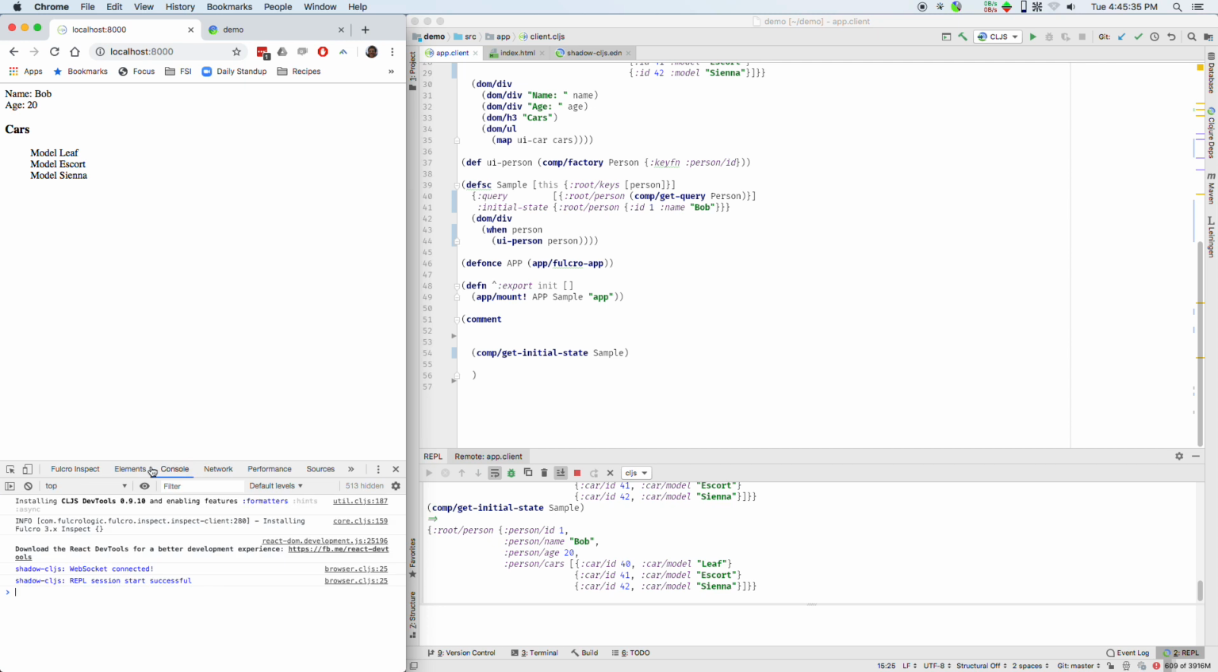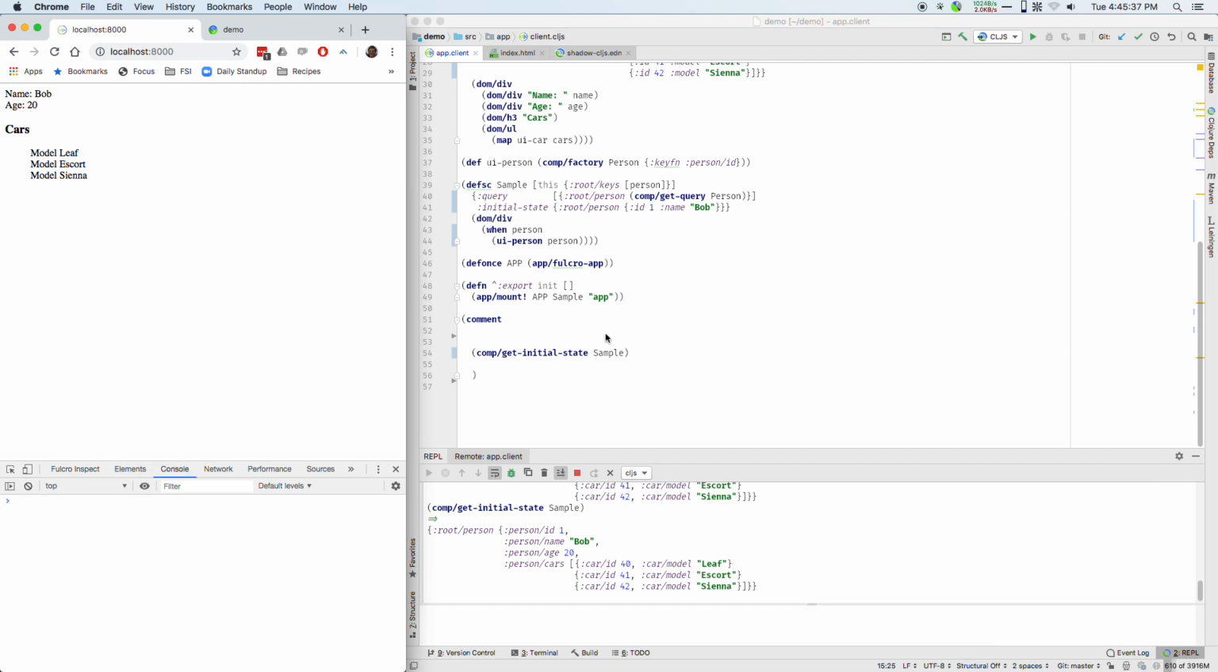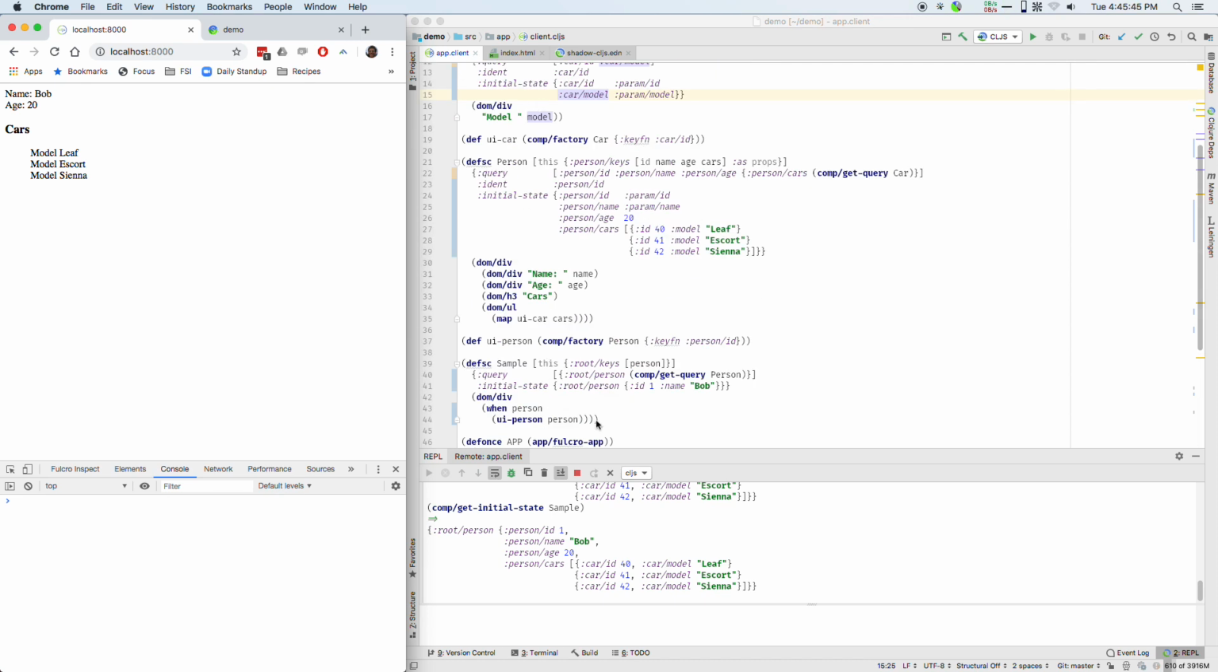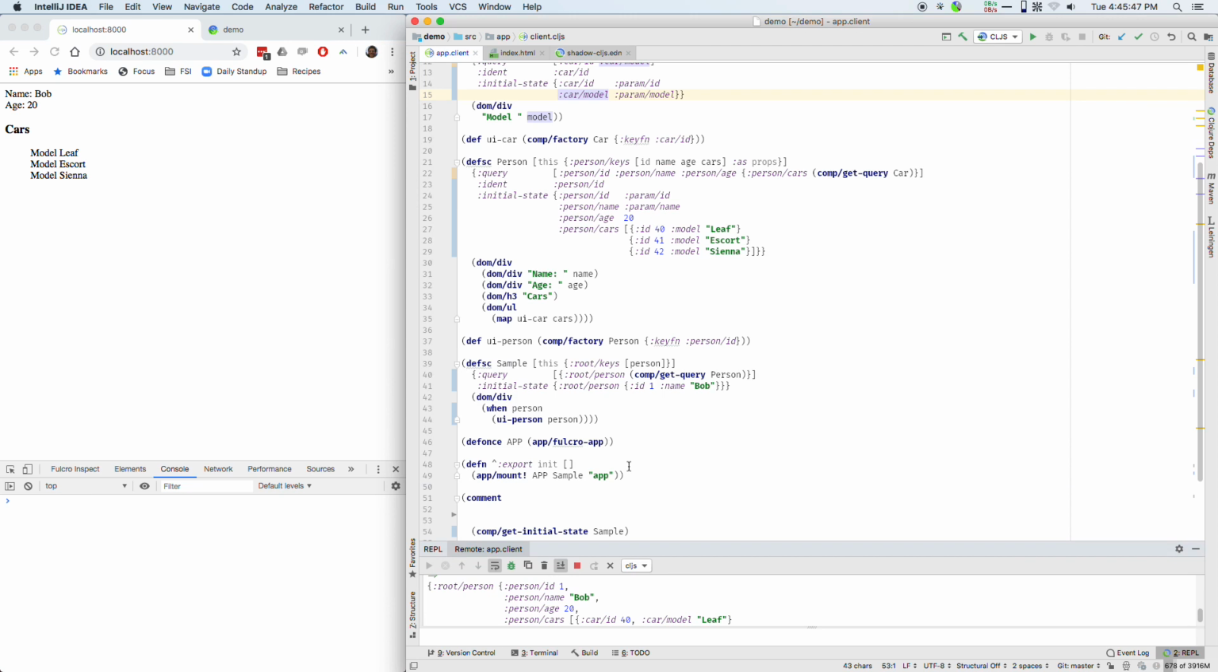So everything's working the way we would expect it to work. So that's initial state. Okay, so there's step one. You mount the application. Mount goes looking at things that need to be there for the first frame to render